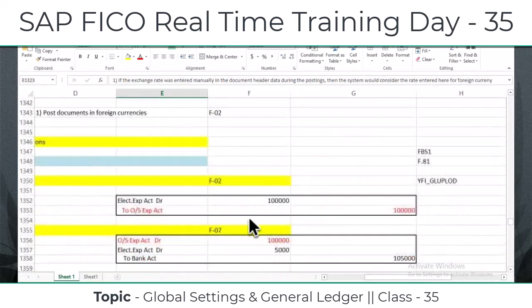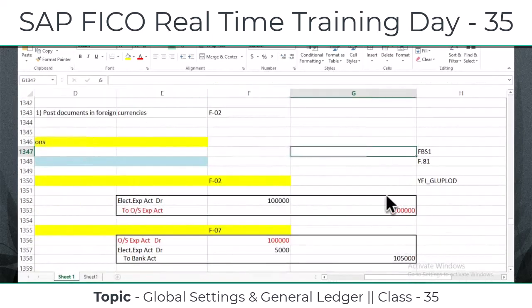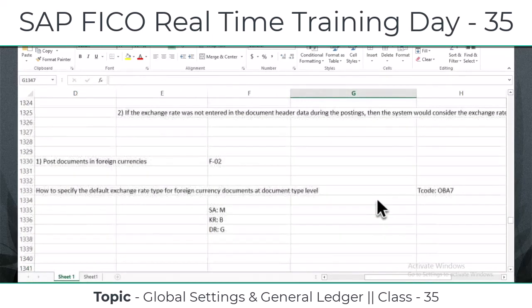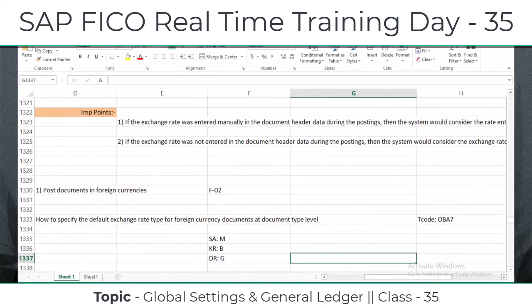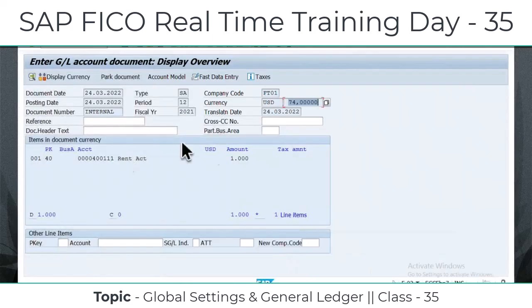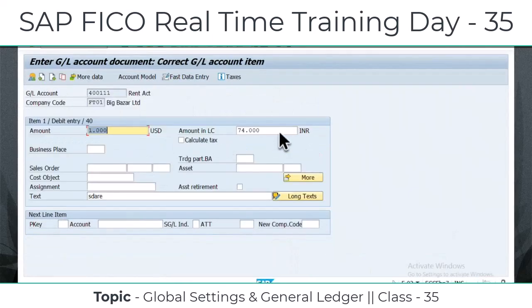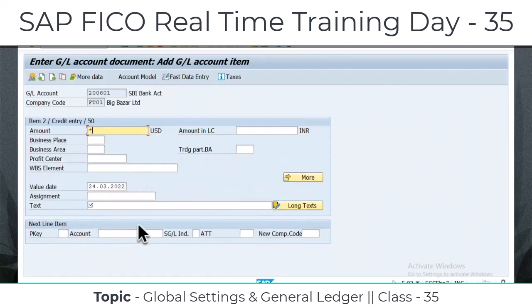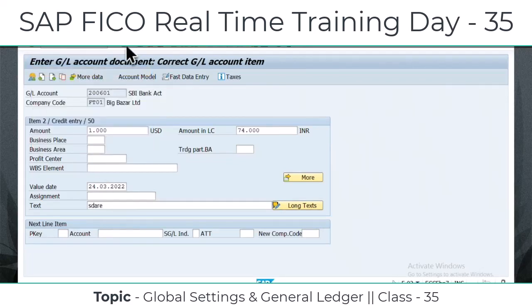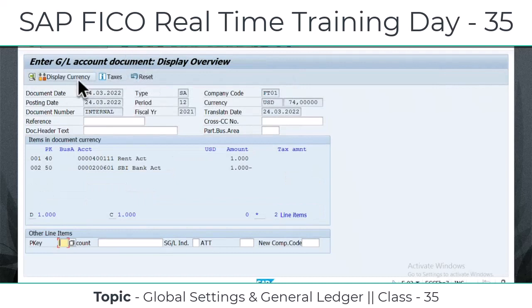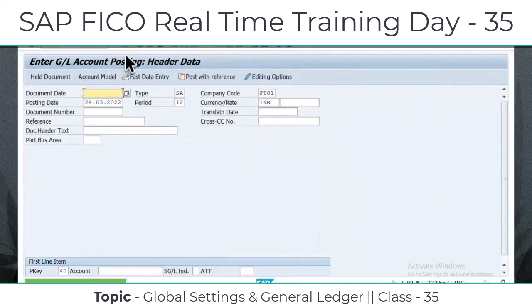Got it? Good. So here I showed you how to post transactions in foreign currency, all these things. Let me complete at least one transaction. Here, $1,000, amount to 50, cash or bank, amount star, text plus, press enter. You can simulate it. I can save it also, but before saving, or maybe after saving also,